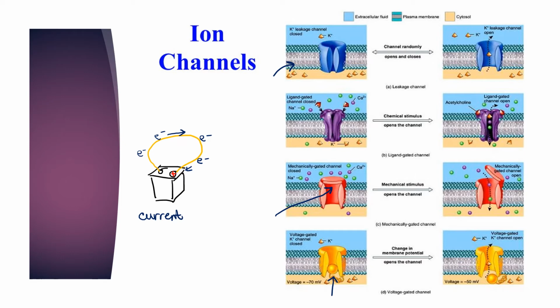So there are actually 4 types of ion channels that allow for the electrical signals produced by neurons and muscle fibers. These are going to be leak channels. So this is a potassium leakage channel here. So leak channels is our first one. I'll probably write these here. Leak channels, ligand-gated channels,